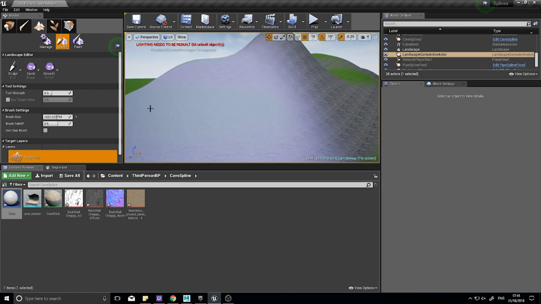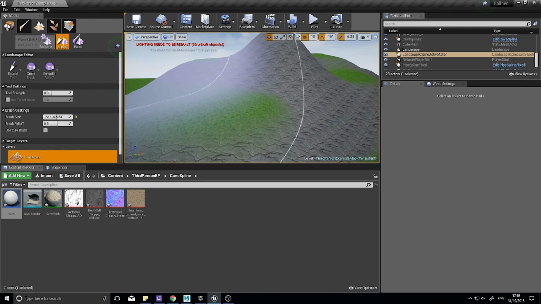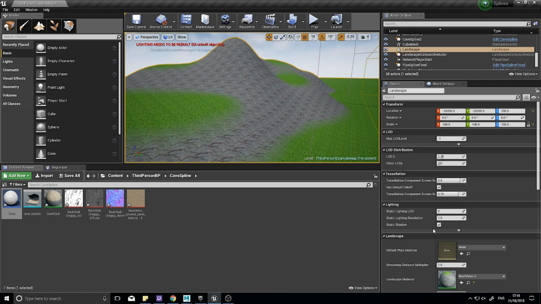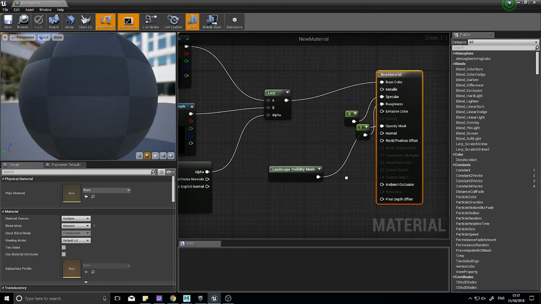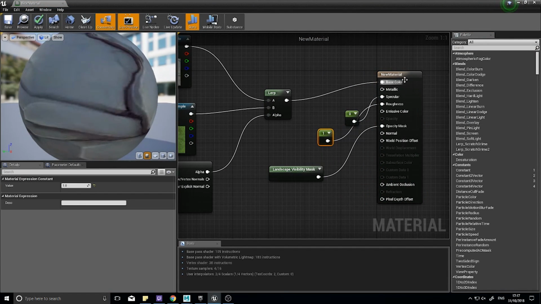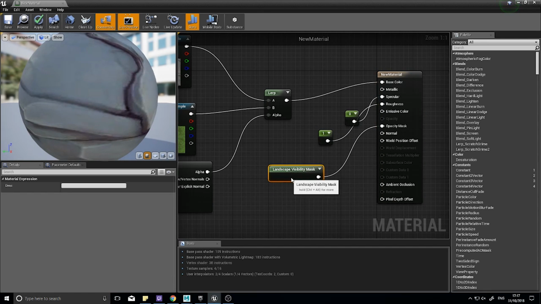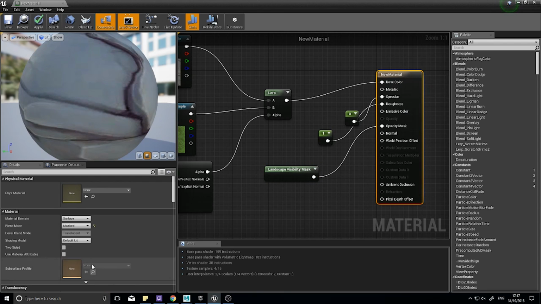To do so, we actually need to change a bit of the material on the landscape for this to work. So click on your landscape and open up its material. The main thing you need to have is the material be a masked material, and the landscape visibility mask to go into the opacity mask here. Okay, that's super important. That's the only way you can do this. So landscape visibility mask, plug that into opacity mask and change this to a masked blend mode instead of opaque. And what that allows you to do,